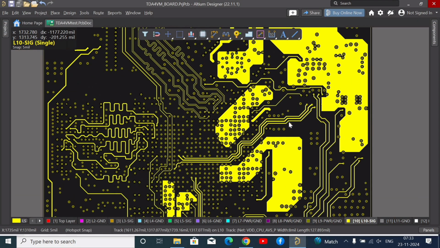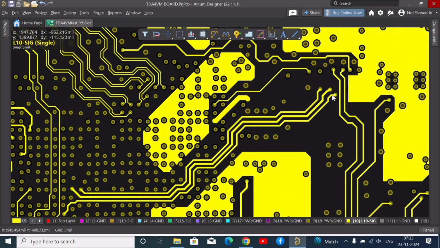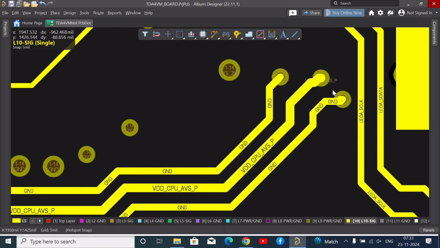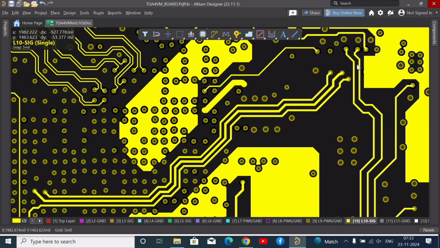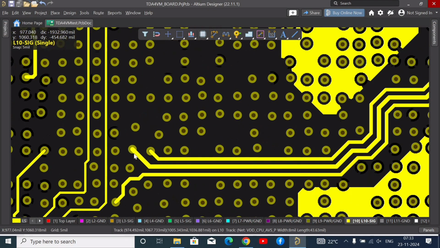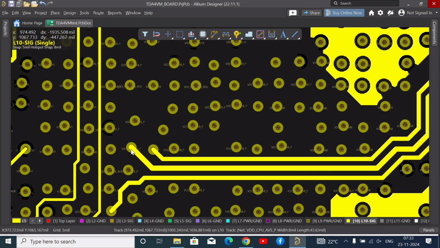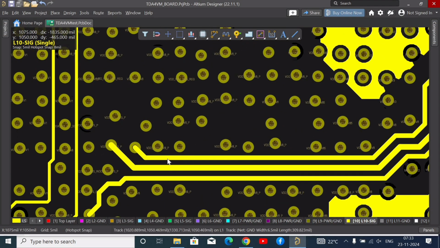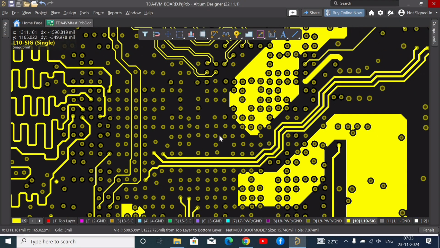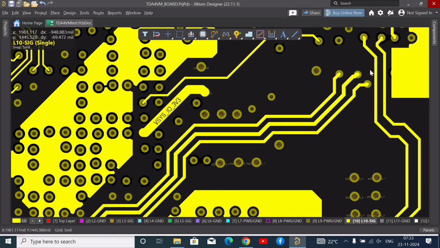And the most important thing that I want to tell you in this video is particularly this routing. This is not simply a feedback signal. This is just a pseudo differential pair. Now you've got to see how the pseudo differential pairs are routed. You just route the feedback lines along with two ground signal lines, I mean the ground lines, all the way to the power management IC from the middle of